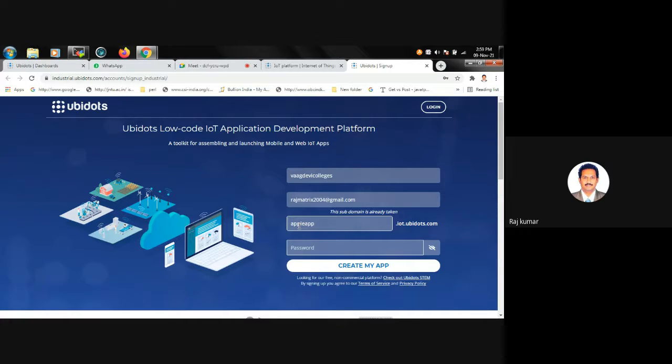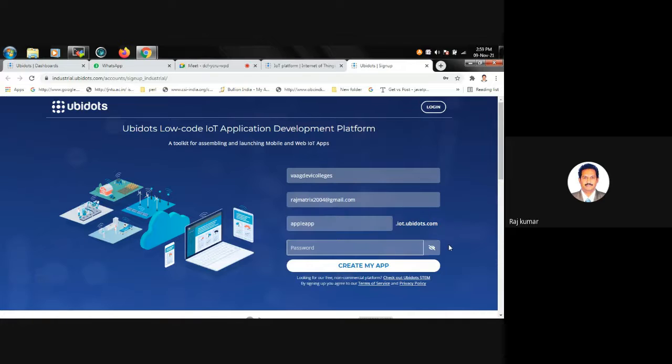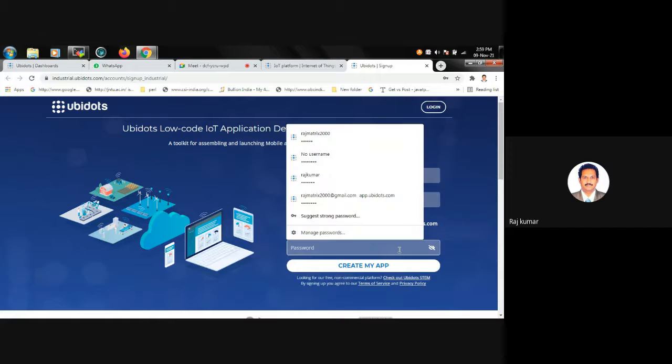I have given something like Apple app. Provide a password, and please note down that password. If you want, you can click the show password icon, but you have to memorize it. Of course, you can get your password back by typing your email ID, and you will get a new password setup page. Now I am giving a password.